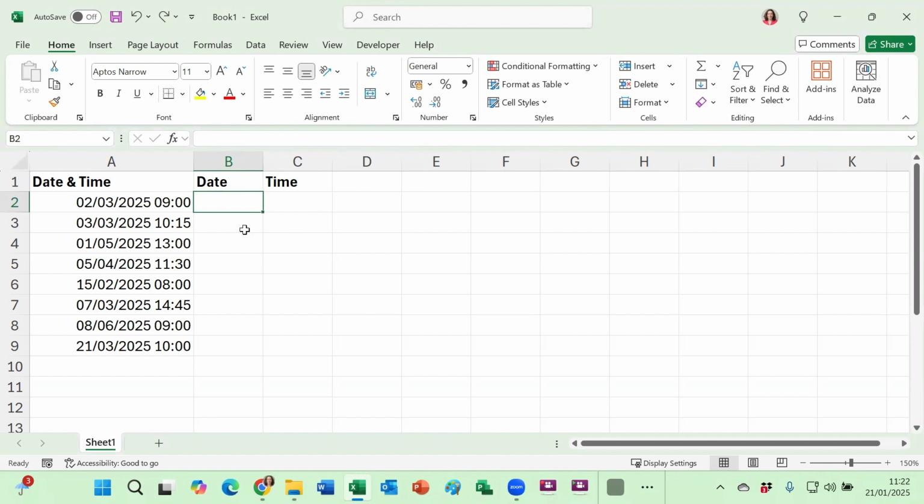We're going to be using the INT function to achieve the result that we're looking for. And what I'm looking for is to have the date in this column and the time in this column. Behind the date and time is a number. So the reason that the INT function works is that the INT function rounds a number to an integer or